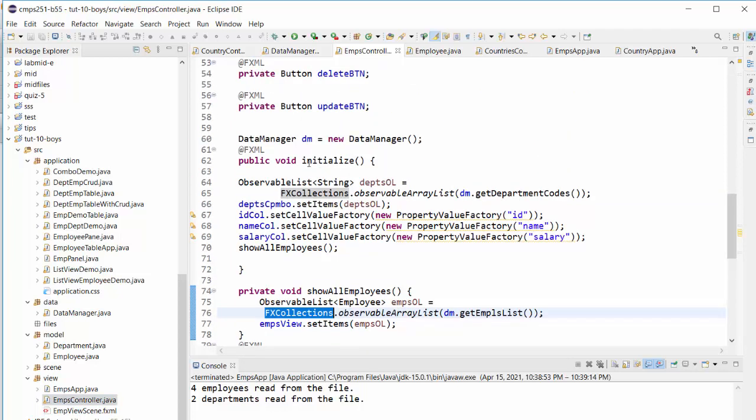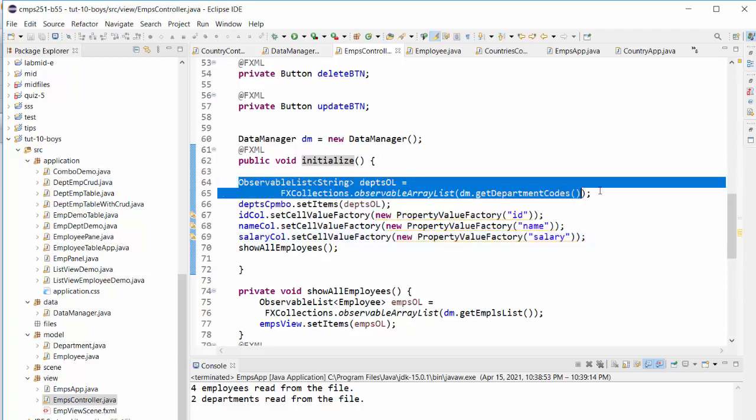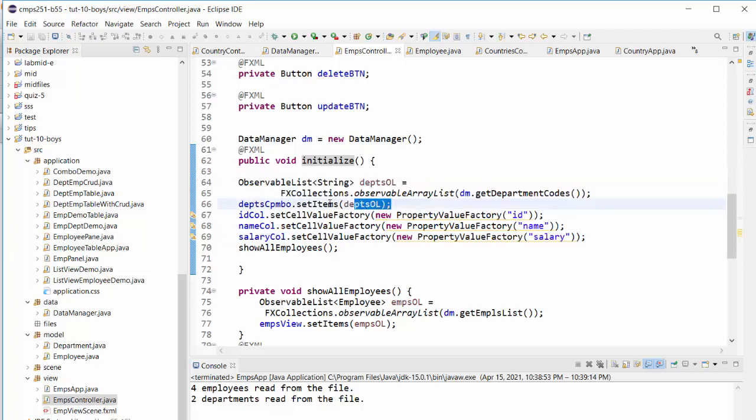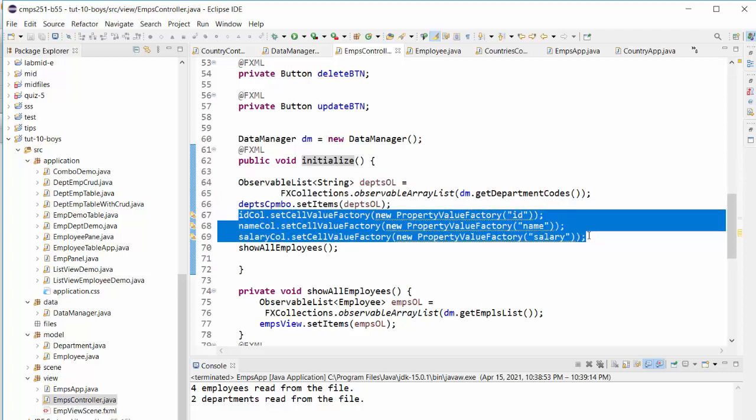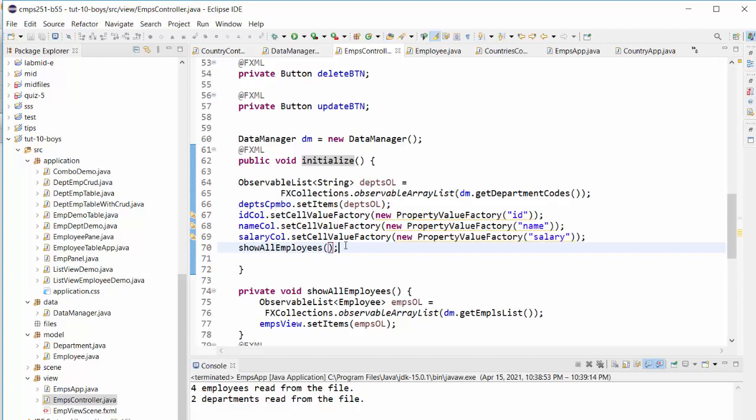So first thing is going to happen, this initialize method will be called. It will get all the department employees. It will get department codes and fill the combo. It will link all the columns to each individual attribute in the employee class and call the show all employees